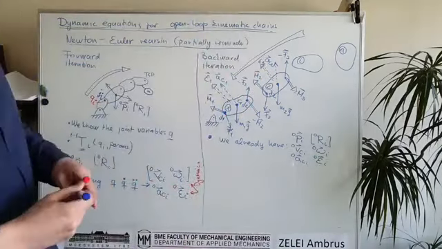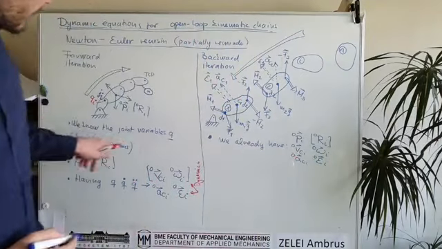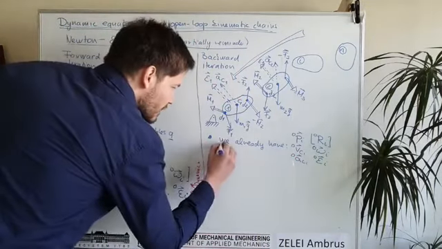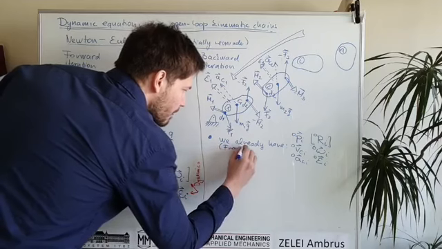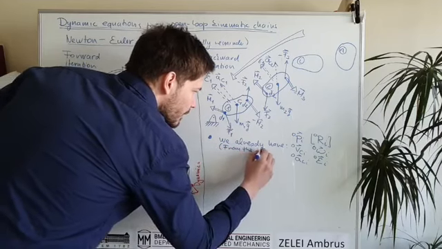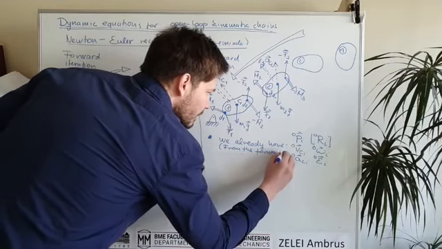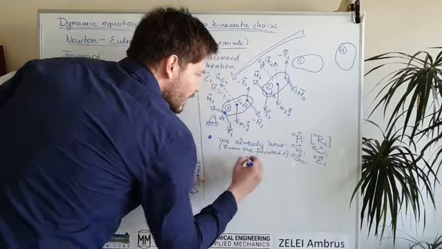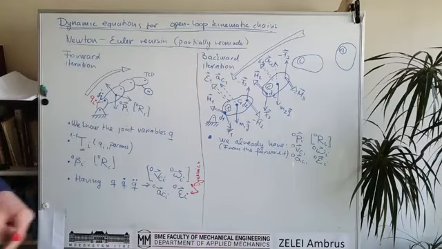Okay, so this is what we have from the forward iteration, all of these kinematic parameters,